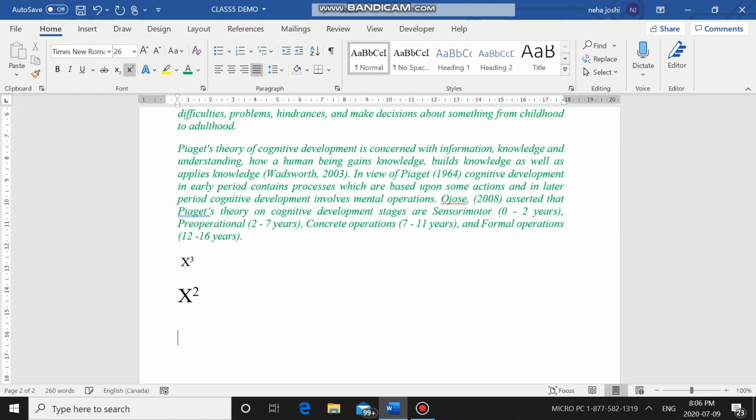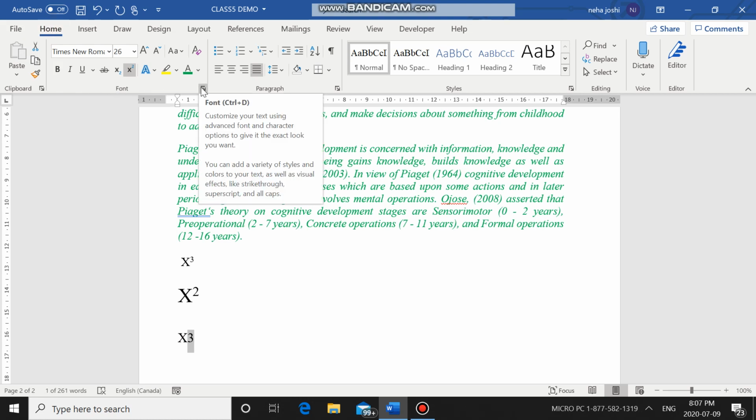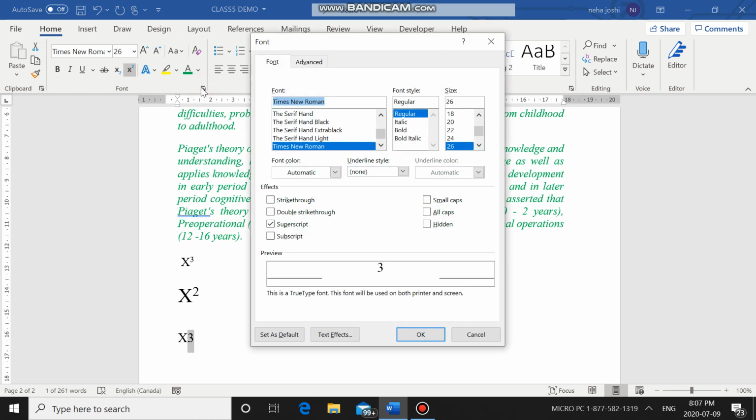Similarly, if I want to write a subscript, what is a subscript? Subscript means when I want to place the text below the baseline. How will I do it? I have written x3 and I want to place 3 as a subscript. So I will take my mouse cursor to number 3 and select it. Same steps: go to the Home tab, go to the bottom right corner and see this font dialog box launcher. Click on it. It will open this box. Now you will click on this Subscript option.